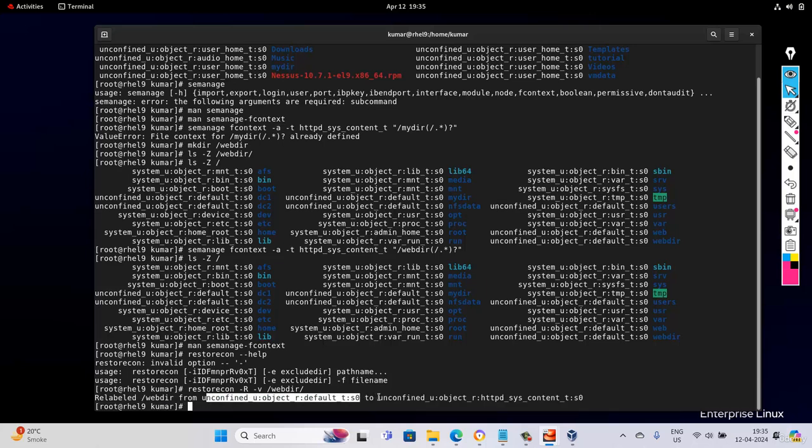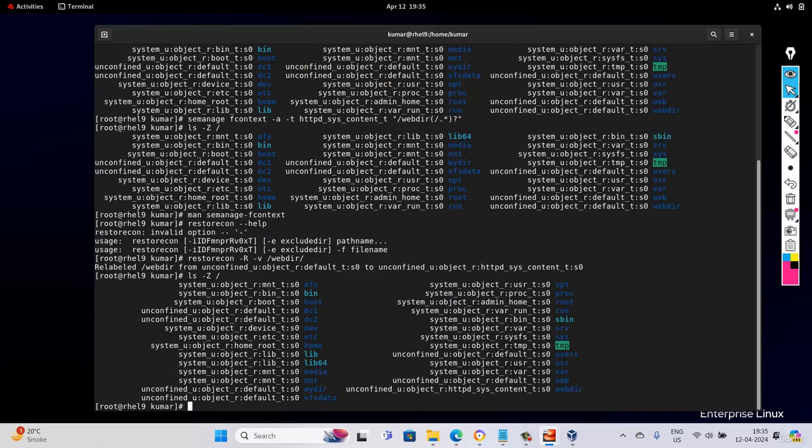this was the previous configuration. Right now this is the configuration. So what I have changed is only the one type here. We have not changed the user, we have not changed the role, we have changed only the type by using the -t option here. So it has been changed. If I make any type of configuration change, it will be displayed here. So if I use this ls -Z option again, then you can see these have been